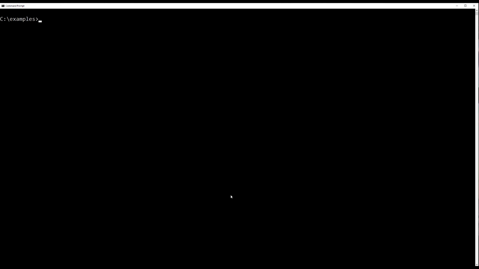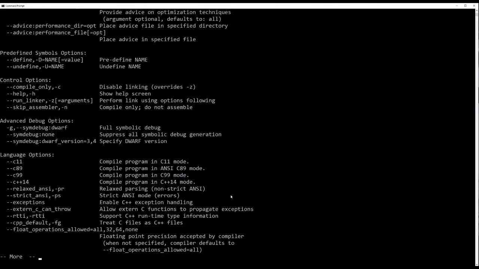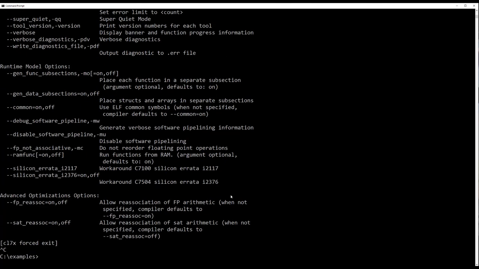Next, I'll show you some features of the compiler by demonstrating them from the command line. Now, I realize next to no one actually uses the C7000 compiler from the command line. But for demonstration purposes like this one, this works well, so please show some patience towards that. The first thing I want to show is cl7x. I'm going to run it through more. If you run it with no options, what you see is a summary of the compiler options, like that. Okay. Go ahead and kill this off.